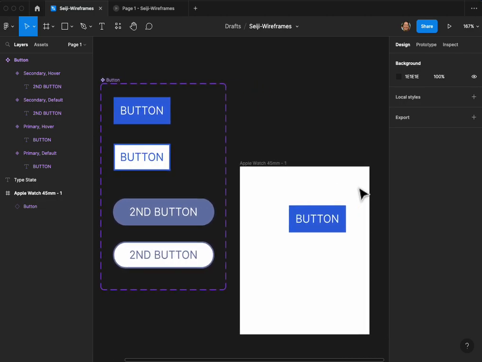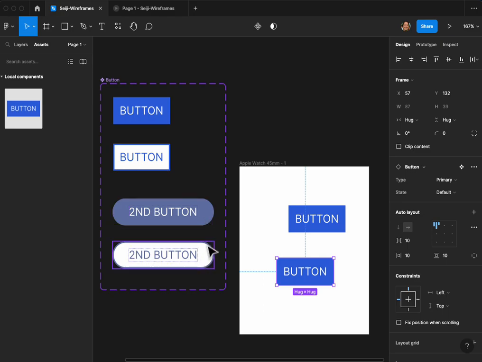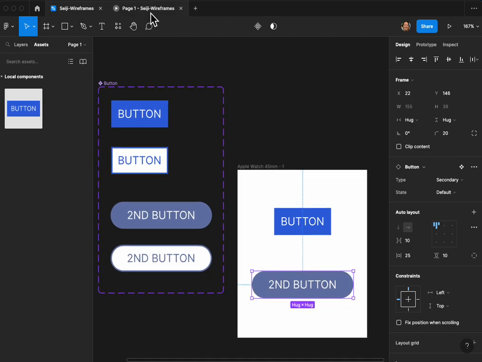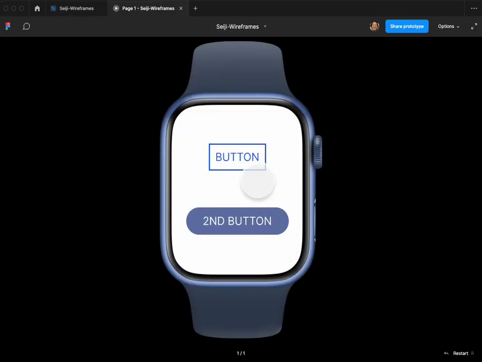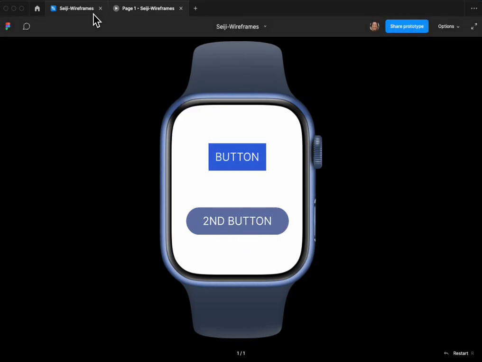And I want to bring this component again down here, but because I have the secondary, you'll notice on the variant properties, I can actually switch between the two. Right now it's selected by default the primary, but I'm going to set it to secondary button. And let's go ahead and center these so it's a little cleaner. And then we can just take a look. So this one's the first one, and this one's the second one, which doesn't do anything because we haven't added the interaction. So I'm going to go back,